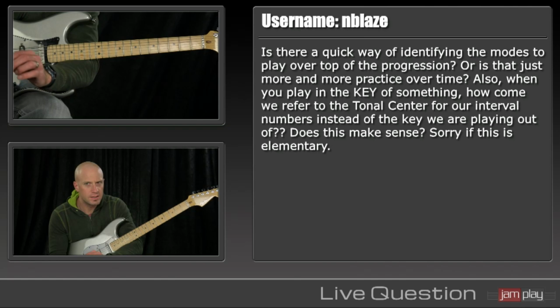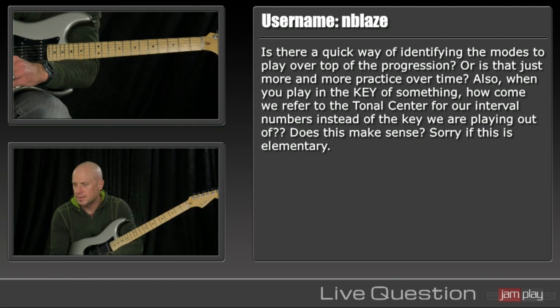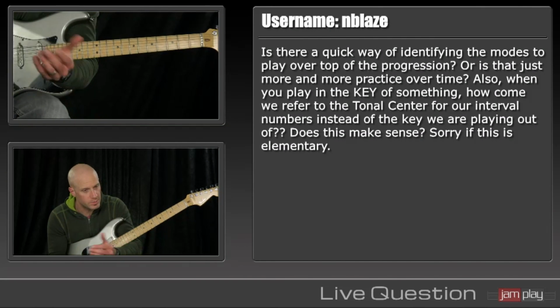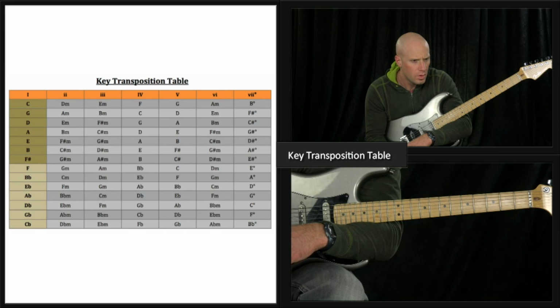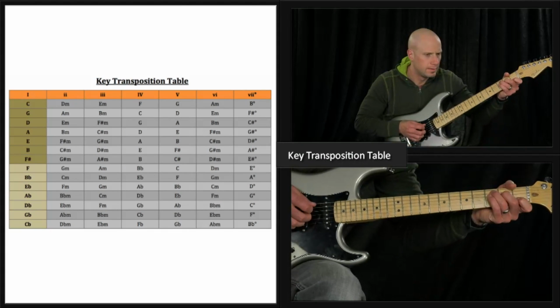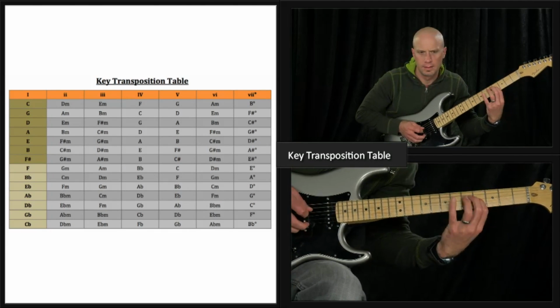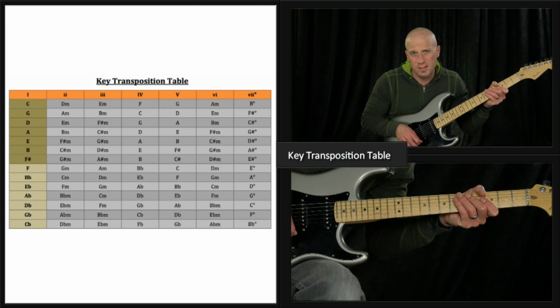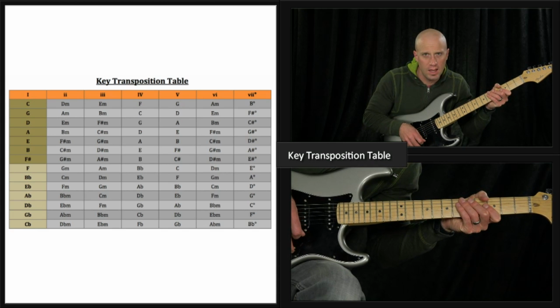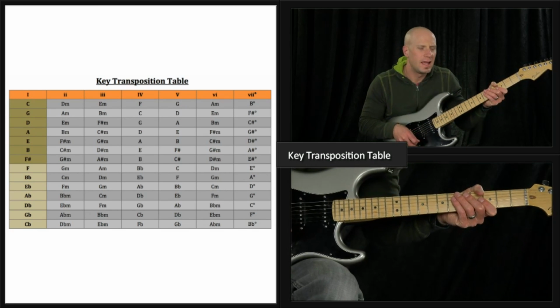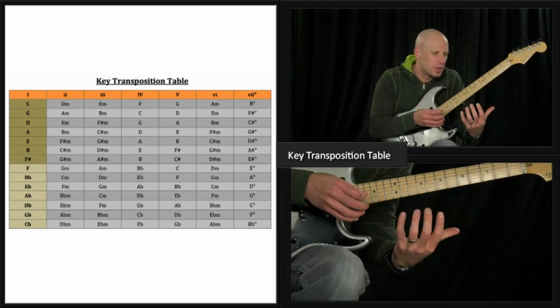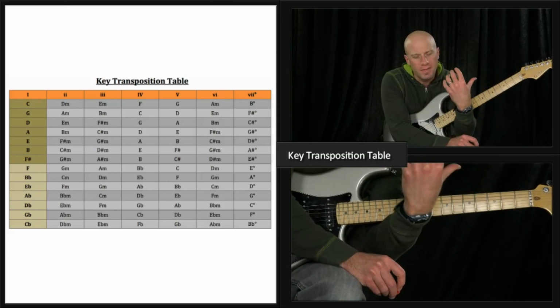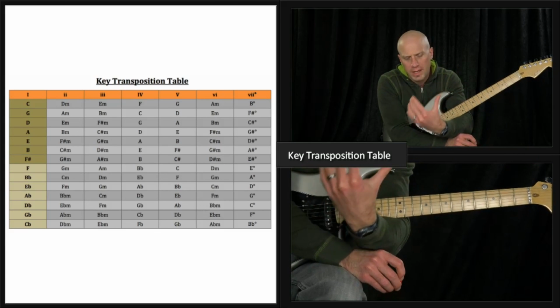This is because the tonal center, let's take C Lydian, for example. Let's go back to the key transposition table. We're going to play in C Lydian. But C Lydian is the 4th mode of a G major scale. If we play G major, meaning we focus on the G note when we're playing in C Mixolydian,